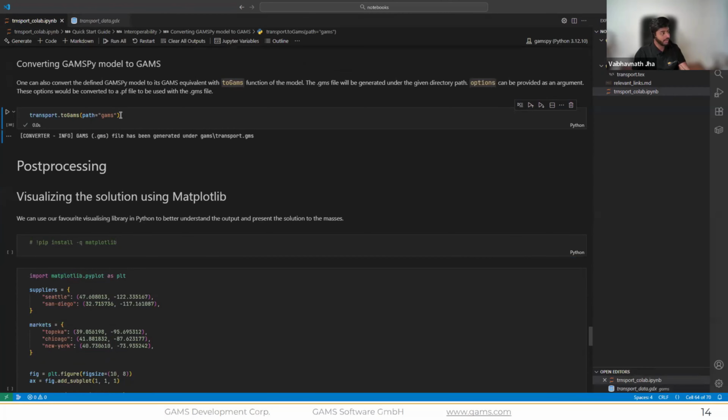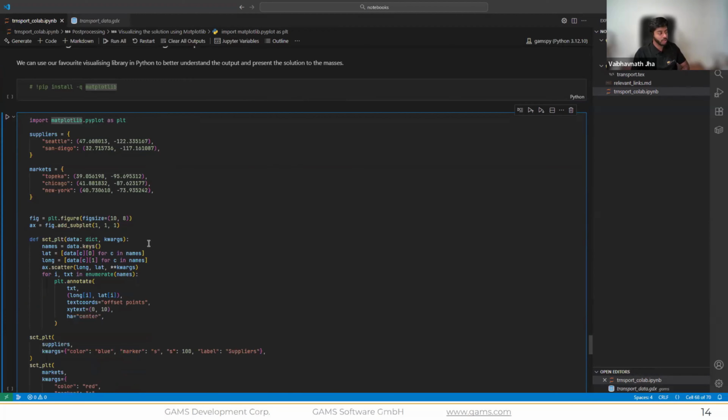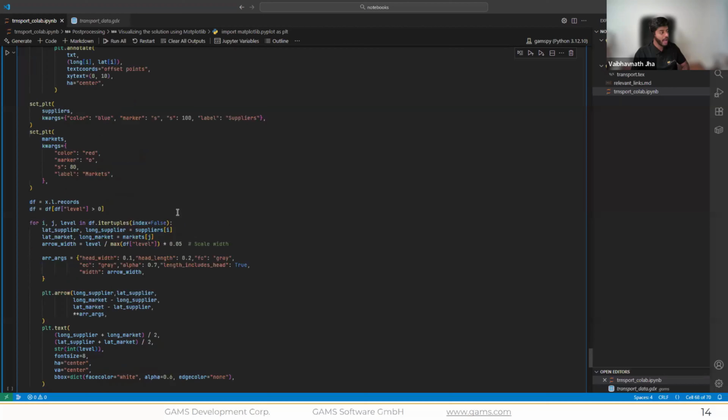All right. And next is post processing, and this is where Python shines, right? You can quickly use something like matplotlib to visualize your solution. All we require is some coordinates for your cities and the level of your variable.